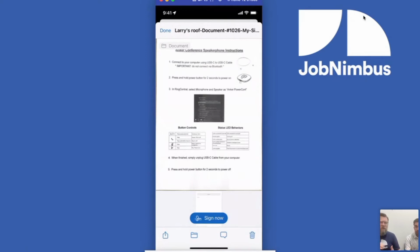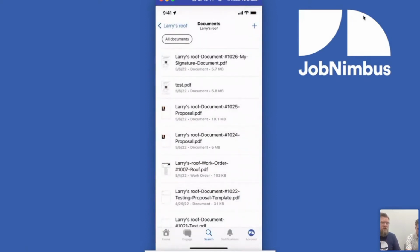They like to create the proposals on paper and then have them signed. But here you can scan in that paper into your JobNimbus app and then have it signed digitally. So it's all in your JobNimbus app. So no more losing papers. It's all right there. We really hope that this saves you time and helps you manage your projects on site